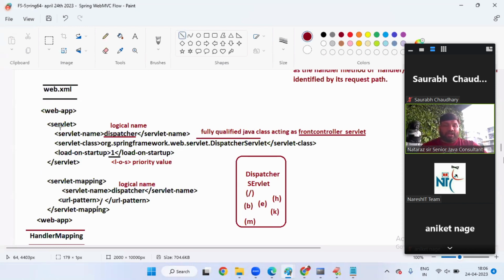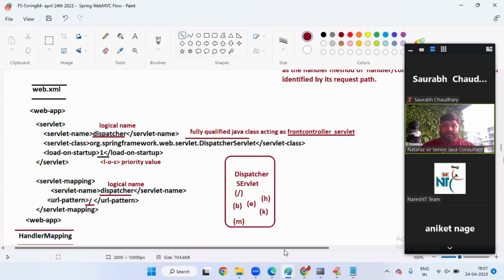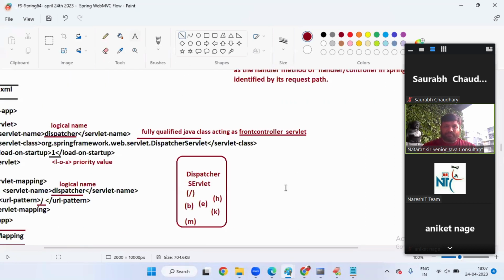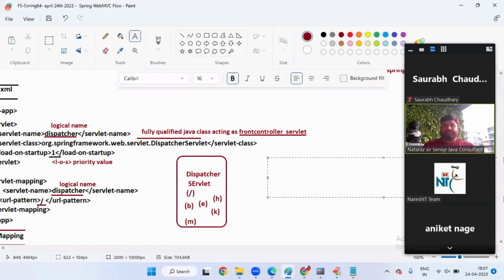So that's why it is better to enable load on startup or not, guys. Servlet mapping logical name should match. This is the URL pattern. Number one means higher priority, boss. Higher priority, since the dispatcher servlet